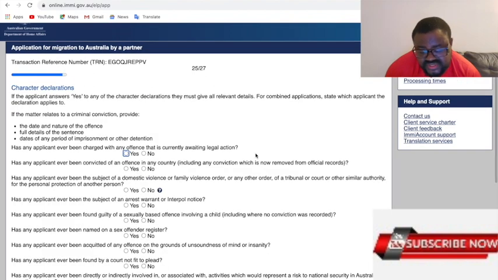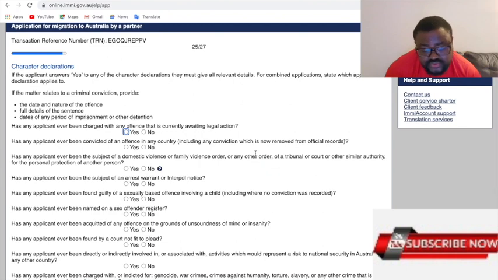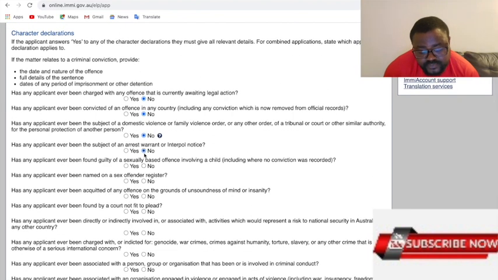So this is the character declaration, just for legal or security reasons. Has the applicant ever been charged with any offense that is currently awaiting legal action? If no, just read through. I'll just be clicking it, but you have to read through when you are filing it and make sure